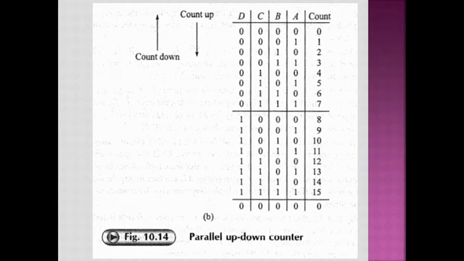Now look carefully at the truth table. When A is required to change the state, observe these things. A is required to change the state every time there is a clock negative transition. From 0 to 1, from 1 to 2, from 2 to 3, from 3 to 4, every time a negative transition of the clock pulse occurs, the flip-flop A is required to change. Either it is in a count up mode or it is in a count down mode. A is required to change the state with every negative transition of the clock pulse.